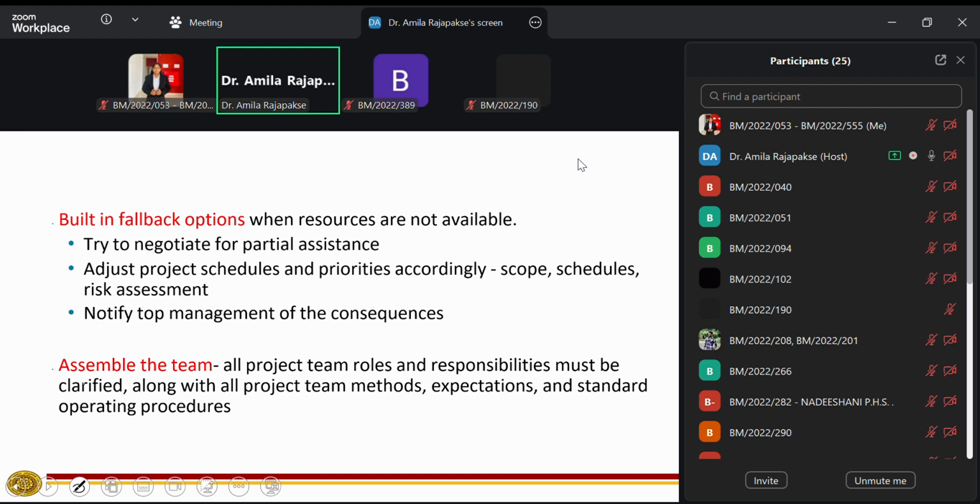We can't assume that the people selected for the project will always willingly join the project activity. Some may not. So we need to have a fallback option as well when the resources are not available. At the first instance, we could not get the consent from the